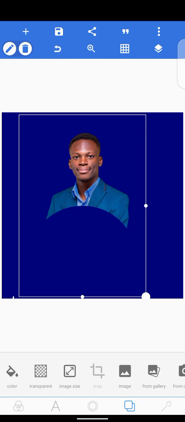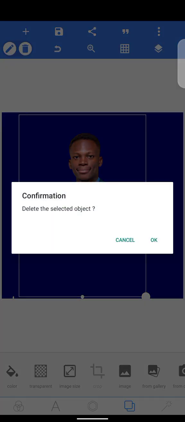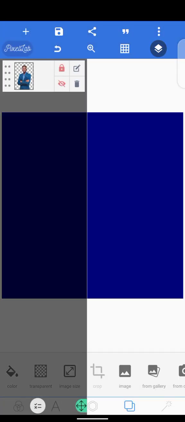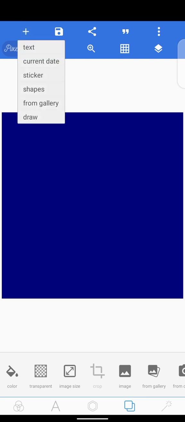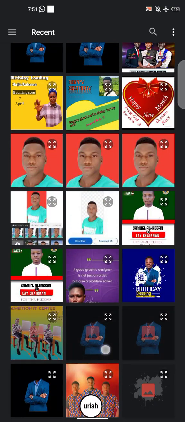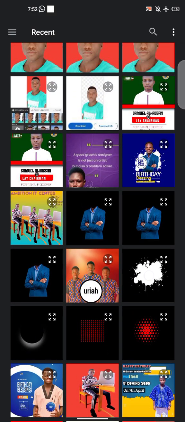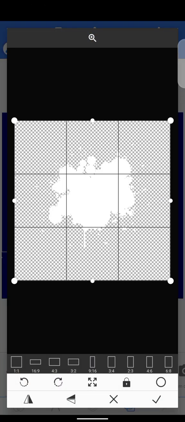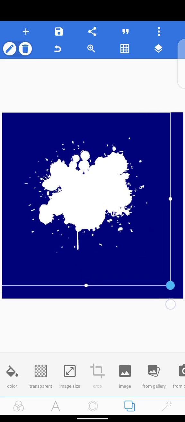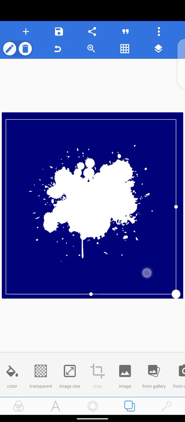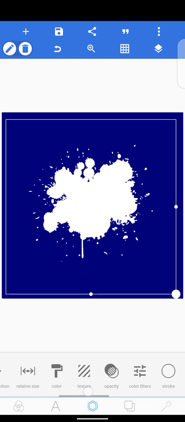you come back. So what will happen is that you will now come back and delete this image, the second layer. After deleting it, you are going to insert another picture, and this picture we are inserting, I've sent it on your platform. This is how the picture looks like. So you widen it small, and the next step is that we are going to make sure that we